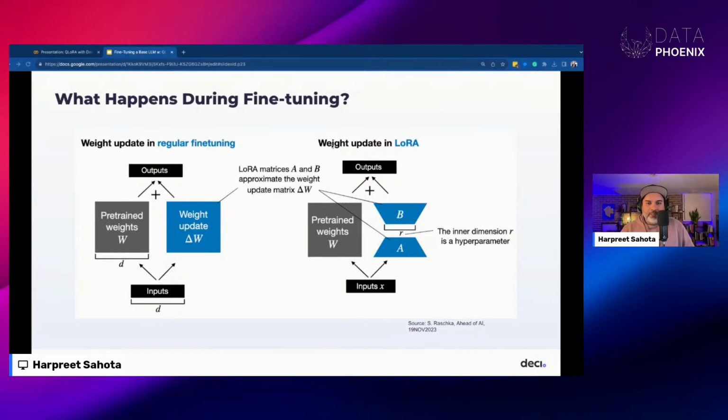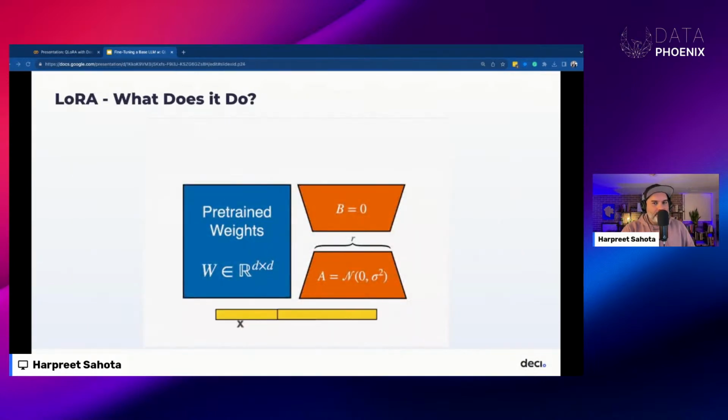LoRA was proposed in 2021 in a paper called Low Rank Adaptation of Large Language Models, by Edward Hu and others. Essentially, this paper proposes that we can decompose the weight changes into a lower rank representation. So let's talk a little bit about that.